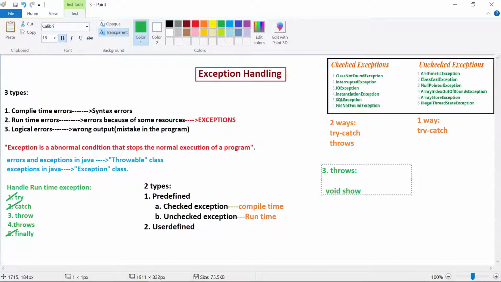Now, this is the function, and there may be a chance like there are some statements here, and some statements may raise exceptions. Now if this statement may raise an exception, then we have an option of using try and catch.